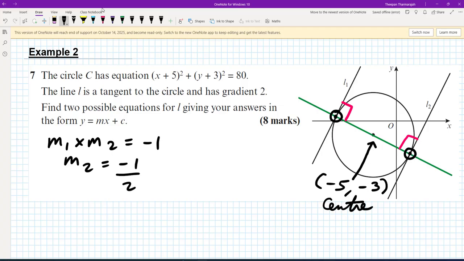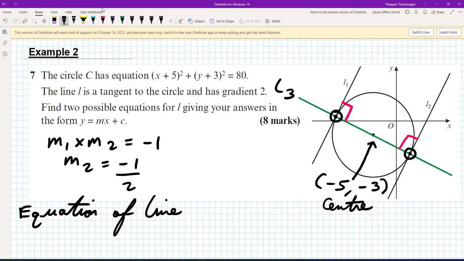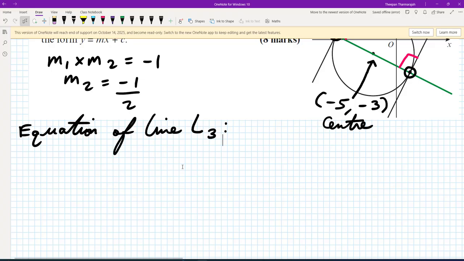So we're going to say that the equation, let's call this L3. You must have clear headings in your working out for the examiner to understand your work. So the equation of L3 is going to be